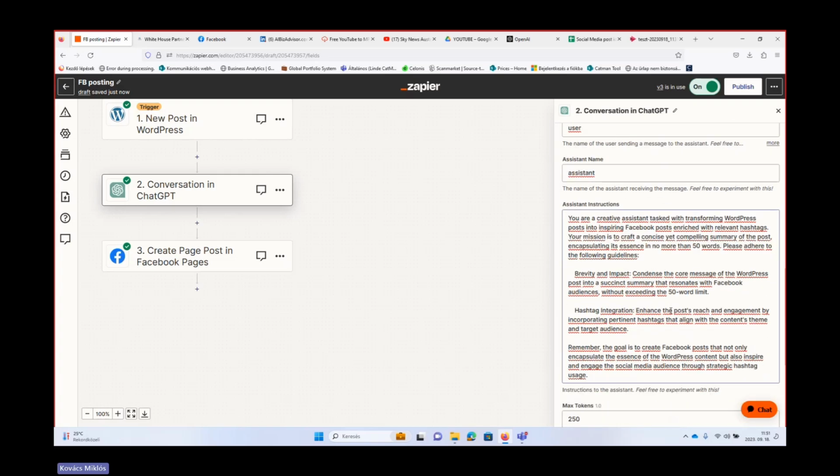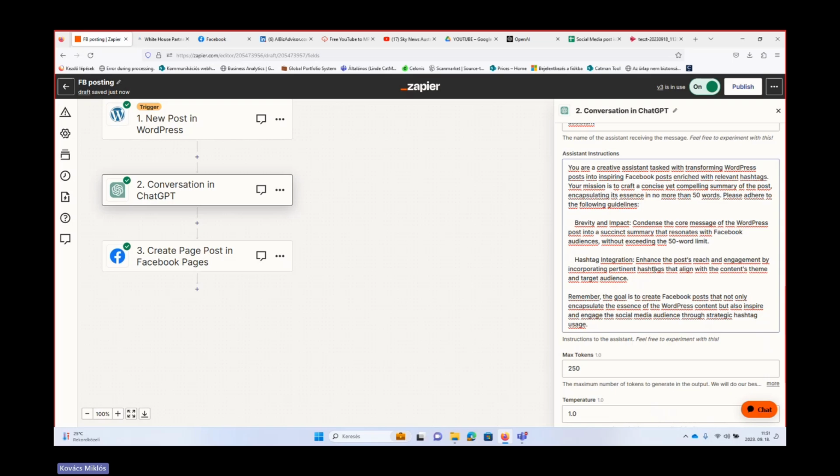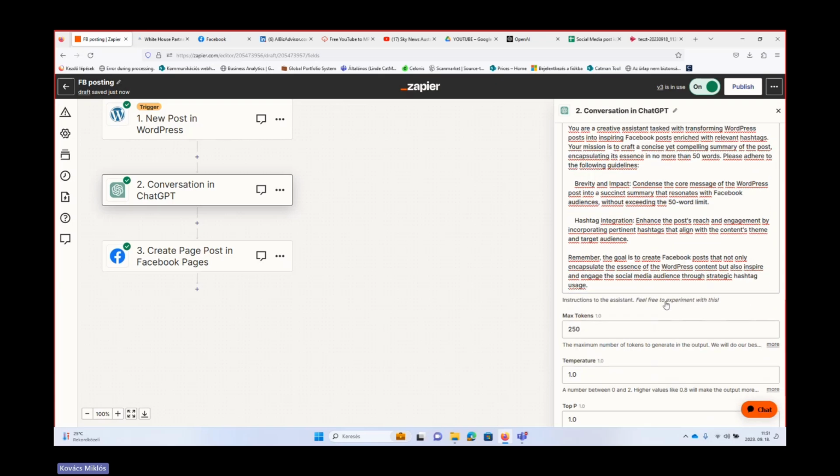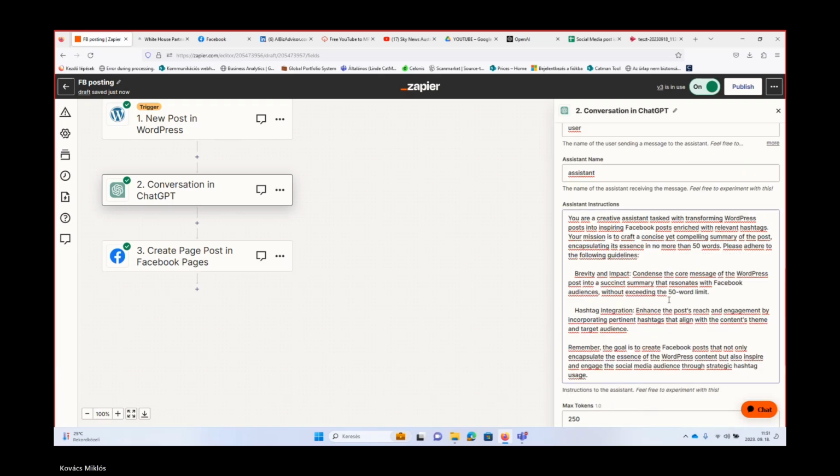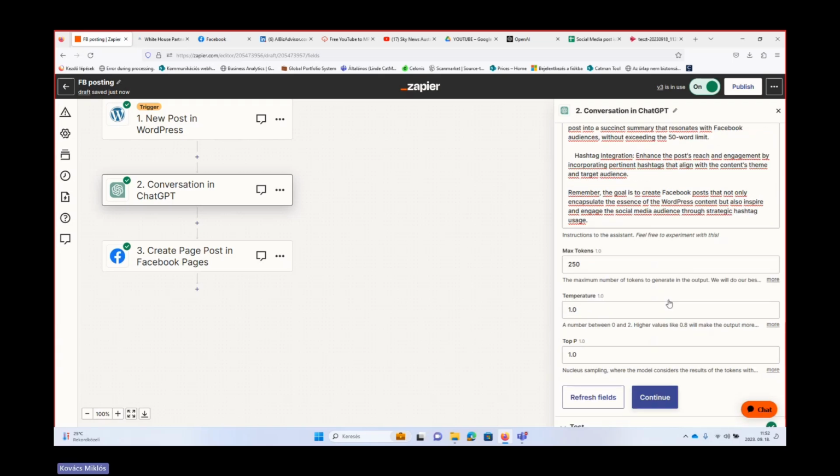And then let's see what the prompt is. You are a creative assistant tasked with transforming WordPress posts into inspiring Facebook posts rich with relevant hashtags. Again, this prompt was already fine-tuned. You can use that. I shared it with you. So basically, you just need to copy and paste it here.